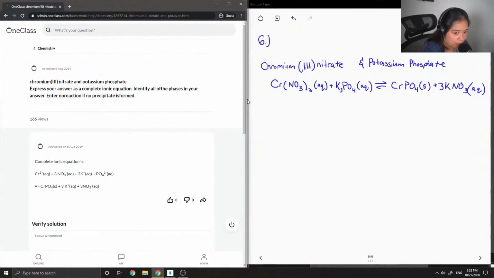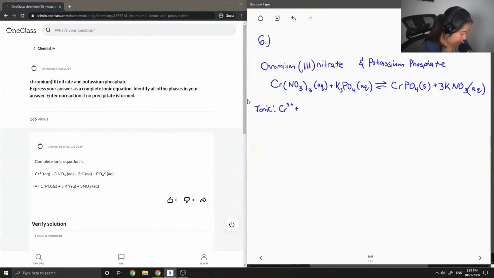the full reaction, I'm going to write out the ionic equation for this. When you have your ionic equation, it's going to break everything into ions. So that's just what that means. So for chromium, 3+, and actually it's good practice to write that this is aqueous. Sorry, can't write today. Aqueous